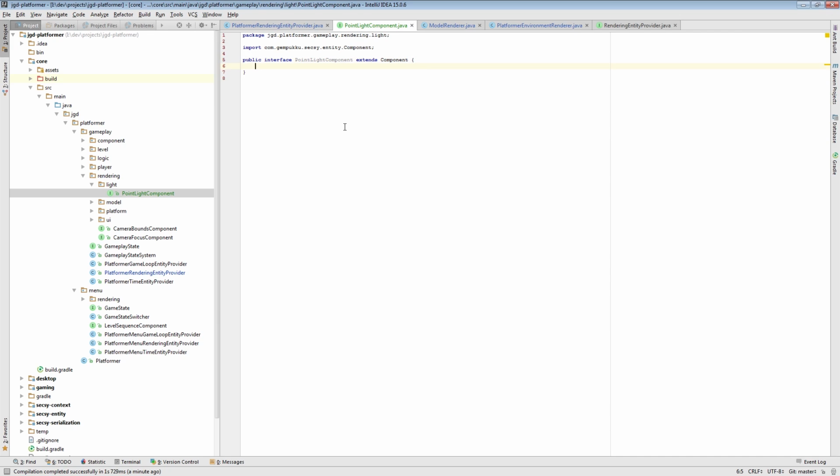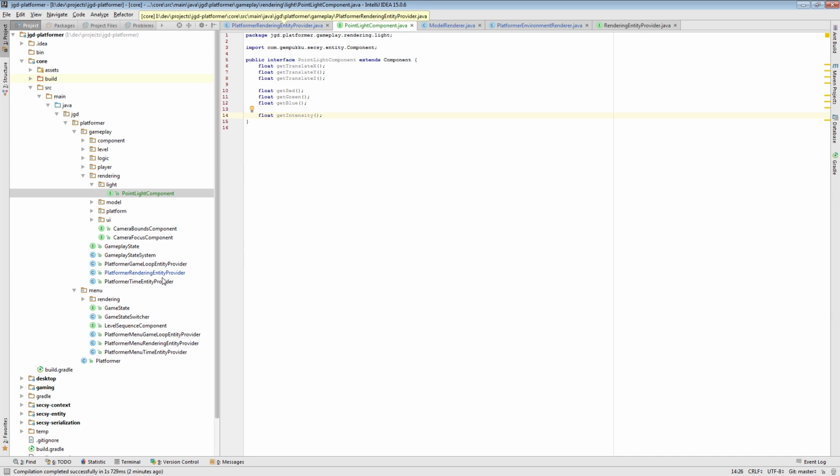So we'll have location based on location component. However, in here we'll get translate X, get translate Y, get translate Z, and we'll have a get red for color of the light, and intensity, because these are the values that we need to provide when we define the light. Okay, and